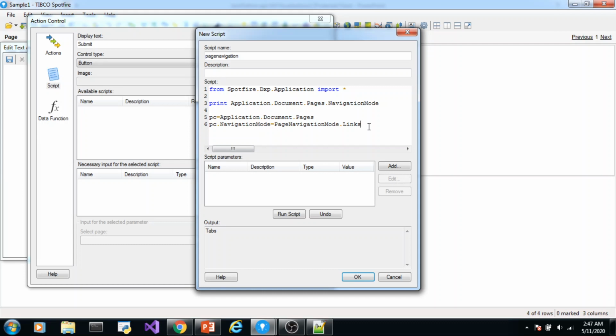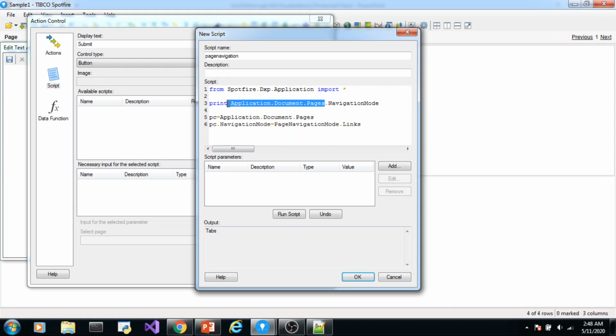So the point here to remember, bear in mind, is whether that property belongs to a collection of items or an individual item. Depending upon that, you will be using those methods. This navigation mode refers to a collection of pages. Theoretically, conceptually, navigation mode belongs to a collection of pages. It is not applicable to one single page at a time. So that is why this property has been defined in the class called page collection.